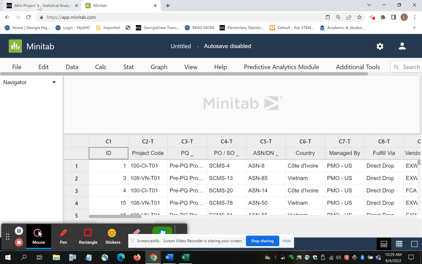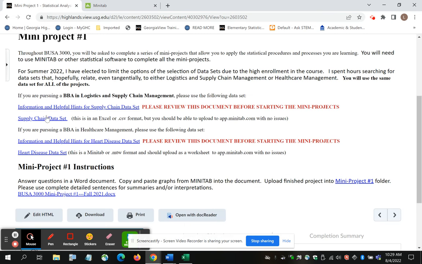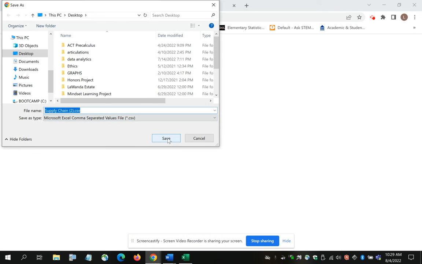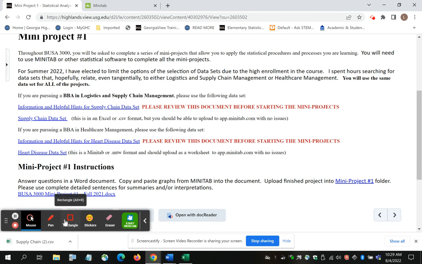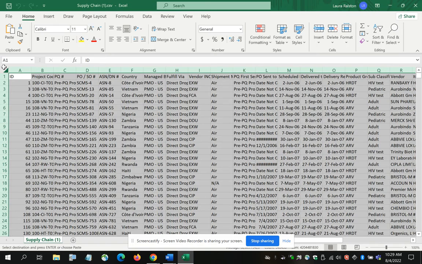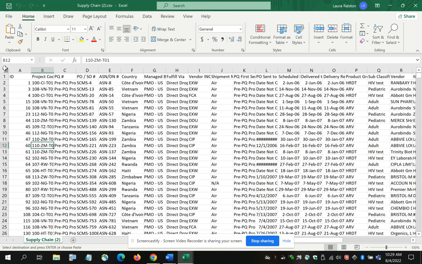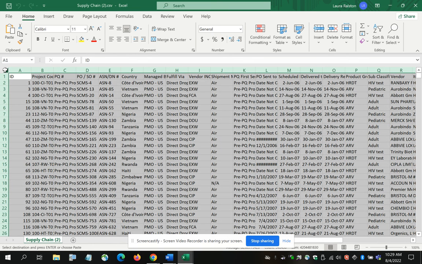So again, I'm going to walk through that quickly. Again, you go to your data set. I select it, download it to a place where I can remember. I'm using my desktop. I open the file. I can even go ahead and copy it should I choose to do so. Again, the mouse goes in the corner where the rows and the columns meet. It highlights the entire file. I click copy,